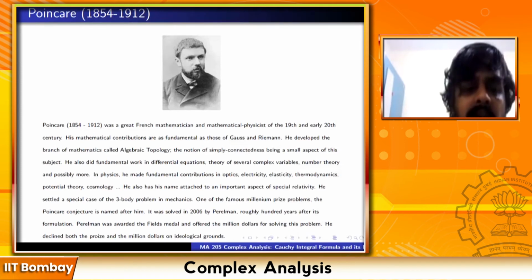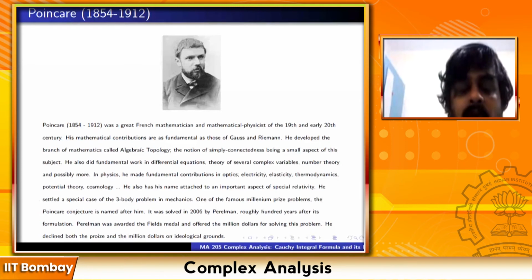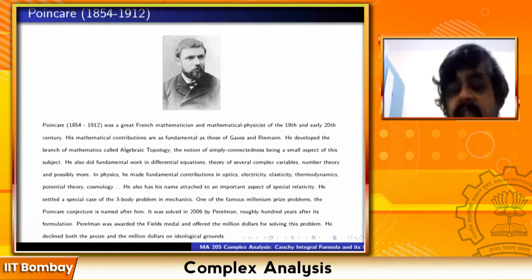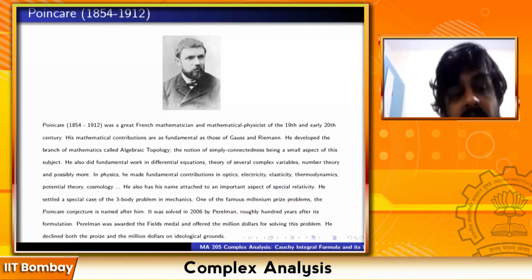And I think he made very important contributions. I don't know the exact status of the problem. And one of the famous Millennium Prize problems, the Poincare conjecture, is named after him. So I mentioned that in one of the earlier lectures that the Clay Mathematics Foundation has announced 7 problems, very important problems, and the solution to each of them, they're called the Millennium Prize problems, and solution to each of them will fetch a person $1 million.